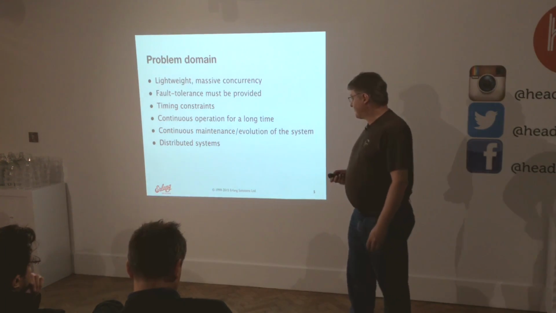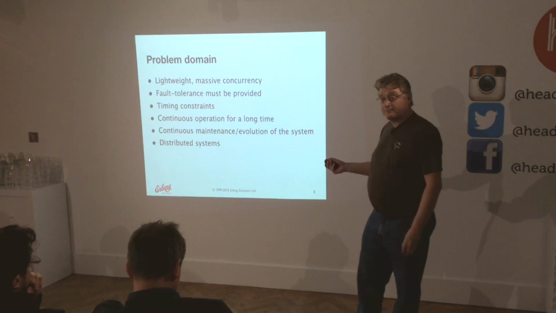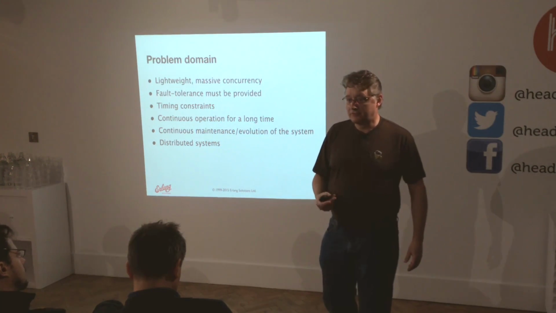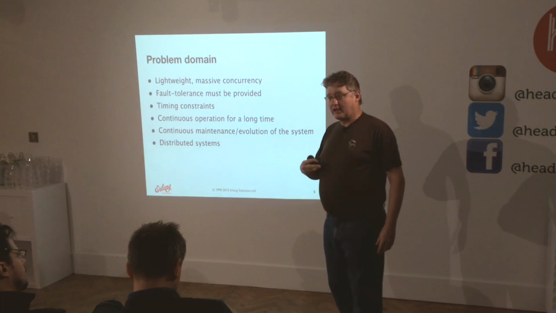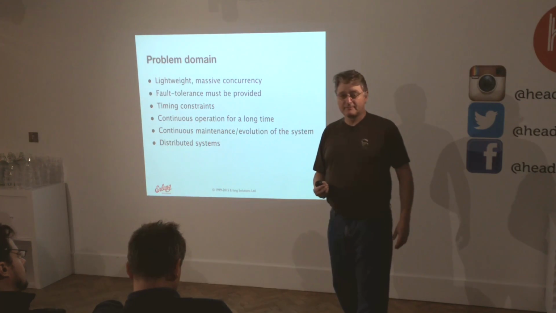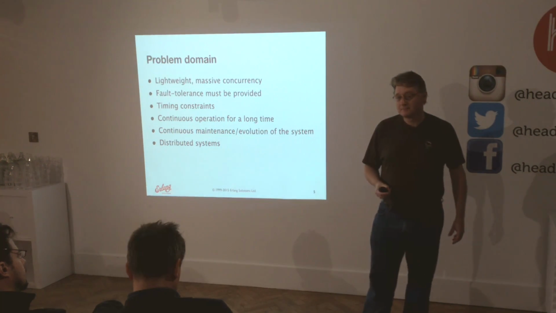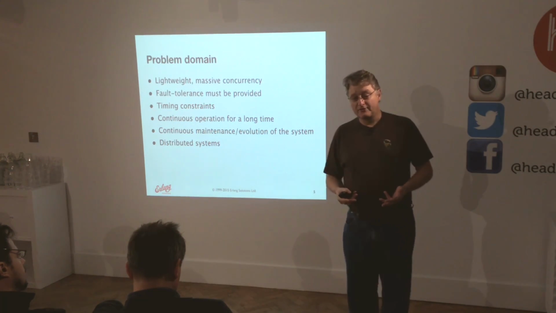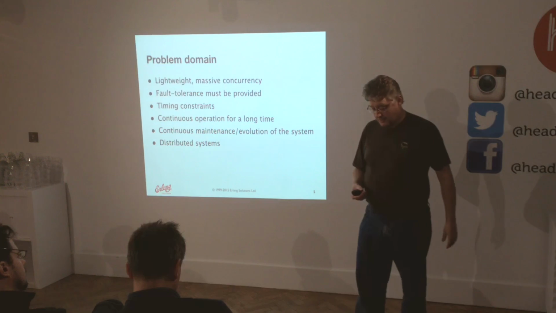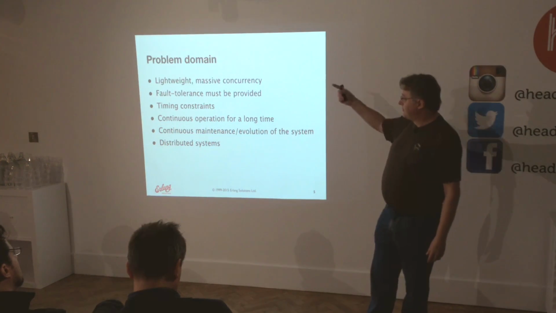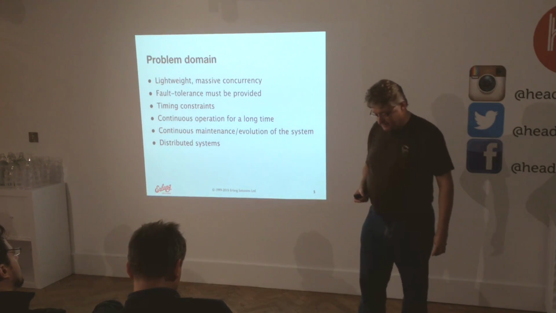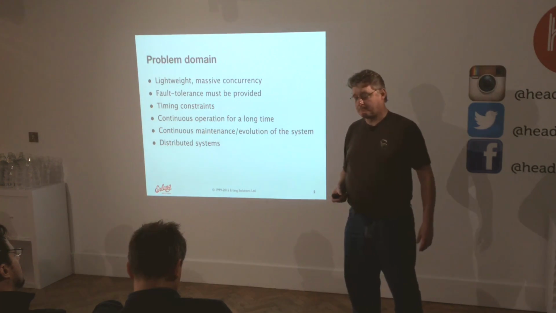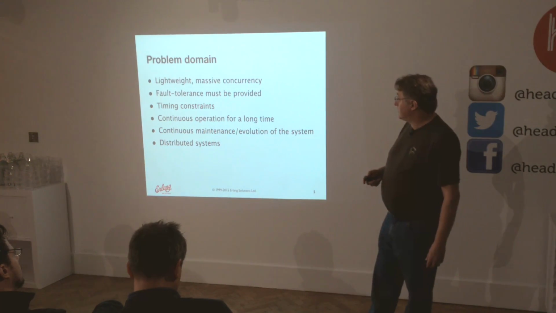Continuous maintenance, evolution, the same thing. Distribution. Again, these were fault tolerant. And if you want to build a truly fault tolerant system, you need at least 2 computers. You cannot do it on one computer. You need at least 2 computers, which means you need some form of distribution so they can talk with each other and coexist properly. So these were things that we found were inherent in the type of problem we're trying to solve.